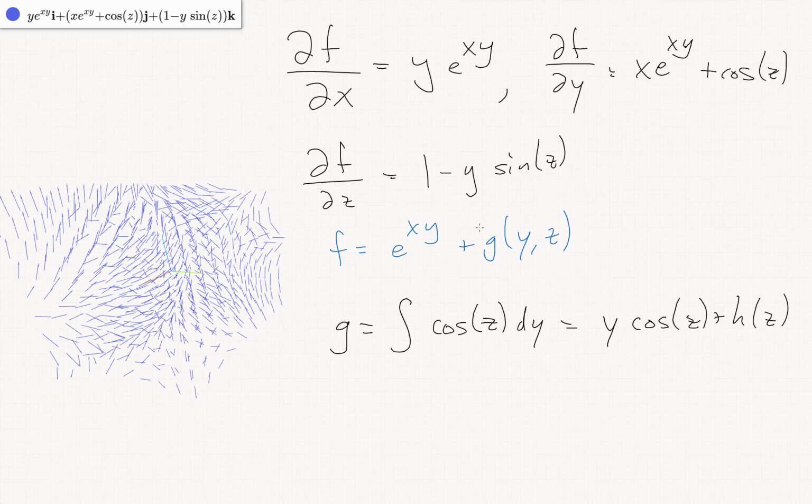So now our f is e to the xy plus y cos z plus h of z. And if we take del by del z of this,